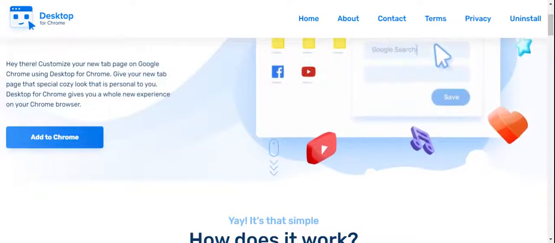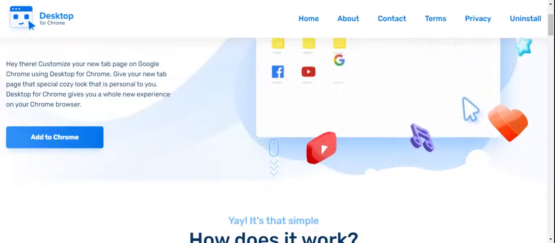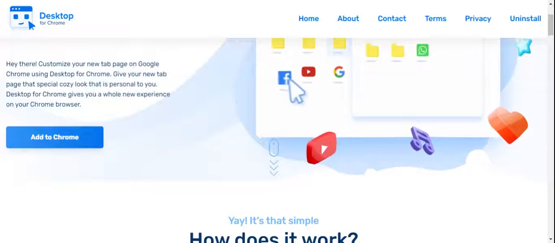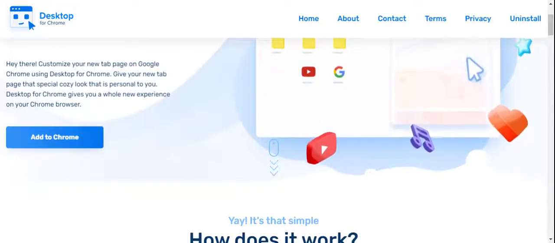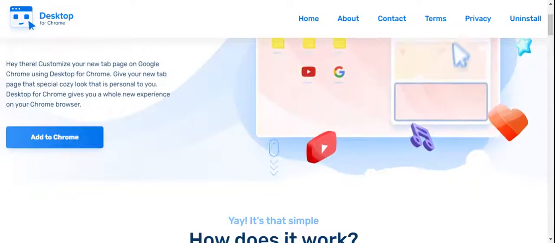Add extension. Okay, it's being downloaded over here. We'll try to open it once it is installed, and then we'll follow a step-by-step process for that.